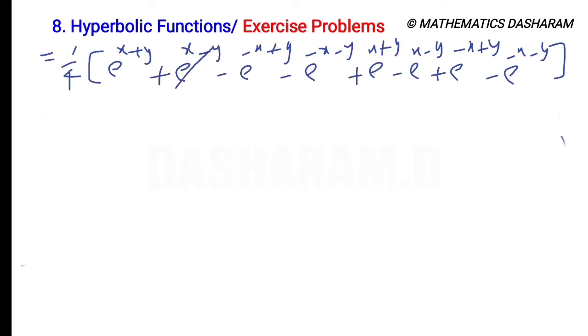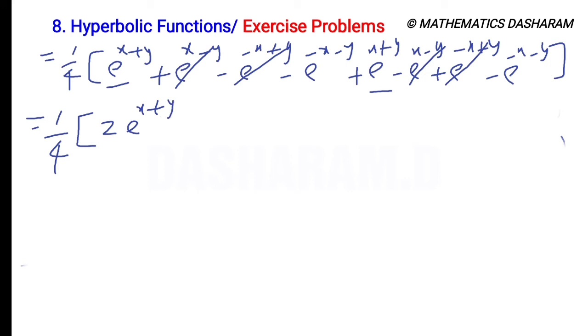So here e to the power of x minus y, here minus e to the power of x minus y cancel. So next minus e to the power of minus x plus y plus e to the power of minus x plus y, and so no other cancellation. So 1 by 4 into e to the power of x plus y, here e to the power of x plus y, so 2 e to the power of x plus y, here e to the power of minus x minus y, here e to the power of minus x minus y, here 2 into e to the power of minus x minus y. So it is equal to 1 by 4, take the 2 common, so